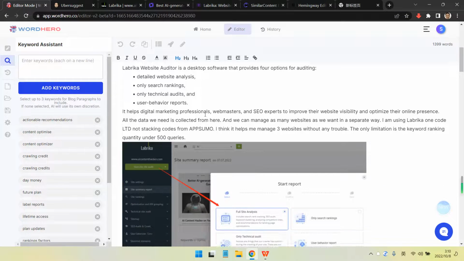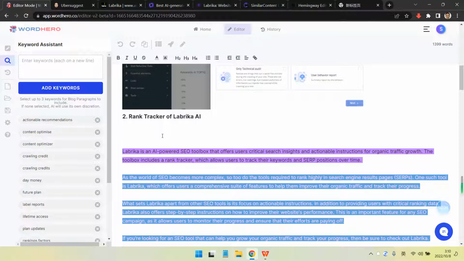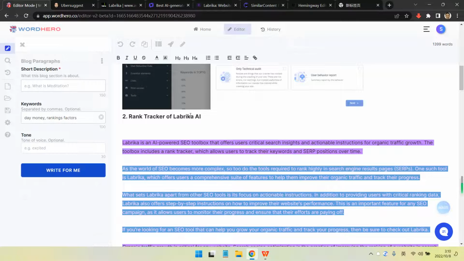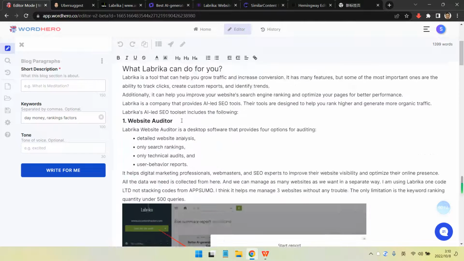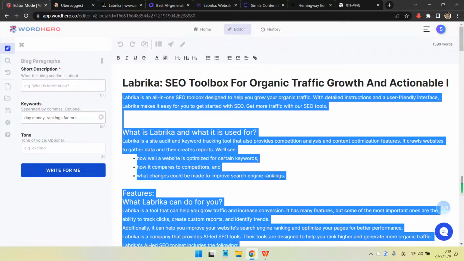I would love to use this kind of interface a lot instead of the previous one. For now, I don't think I need to use this tone feature a lot. Maybe sometimes I would, if the content is, let's see,